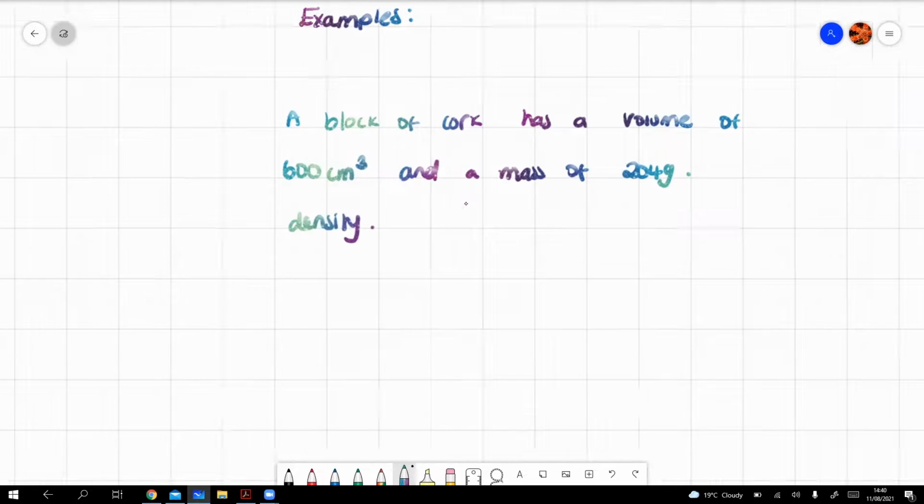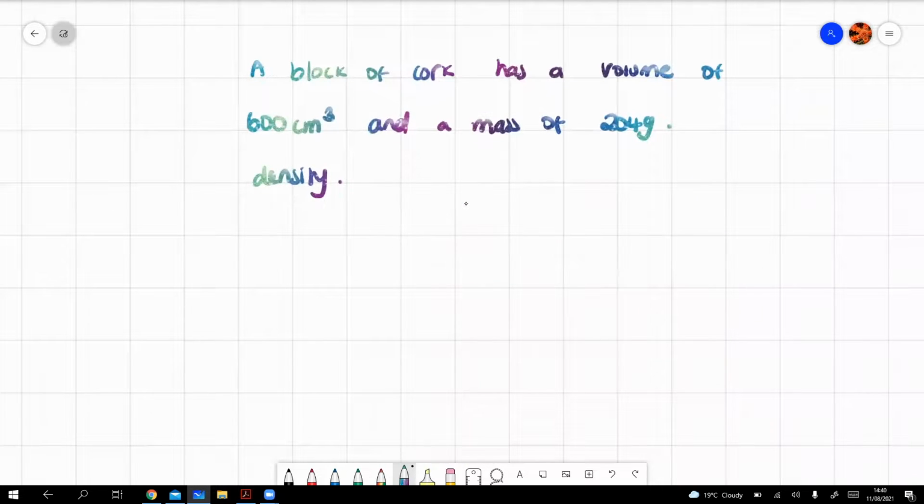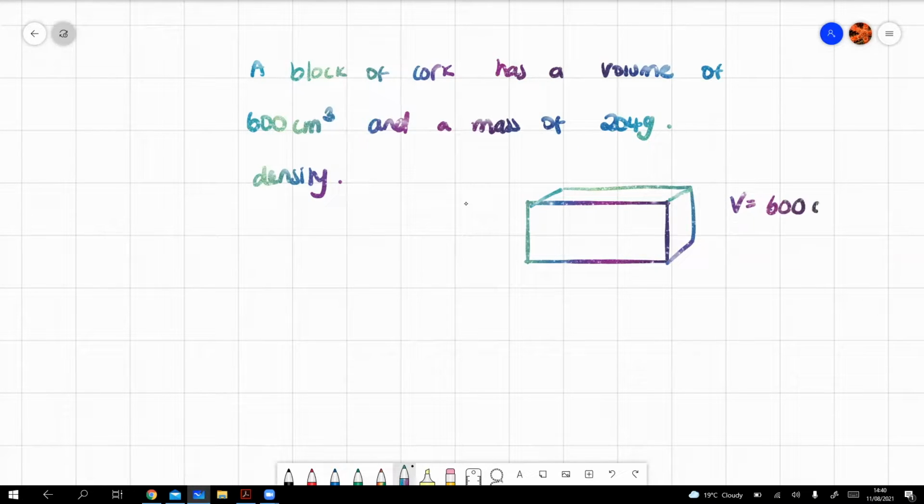Now I can draw myself a little block here. Okay, now the volume, I can write it just so I can see it, is 600 centimeters cubed, and the mass is